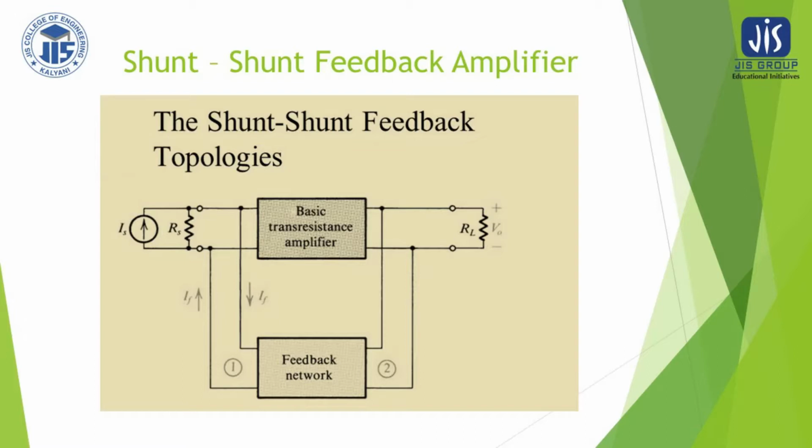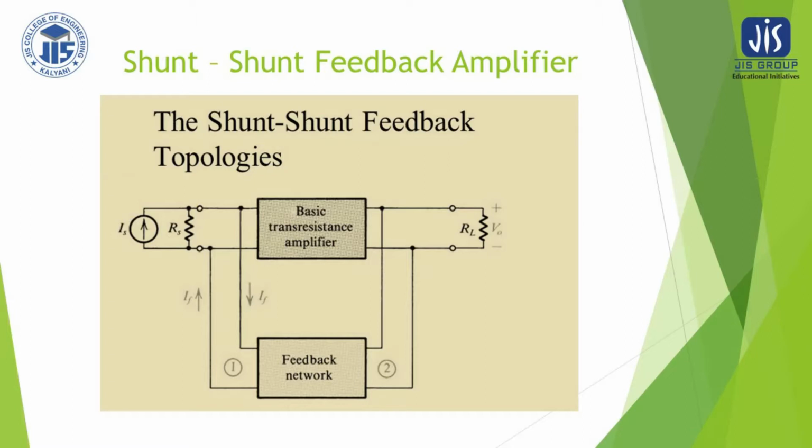So therefore we can easily write this is equal to, also here one factor we have to multiply beta, because If means beta times V0, where V0 is Rm into Ii. So here we have replaced the V0. So therefore this is equal to Ri divided by 1 plus Rm beta, so I input cancels out. So therefore here we can prove that due to this shunt connection at the mixing network, the overall input impedance due to feedback amplification is reduced. So Ri divided by this is the desensitivity factor.